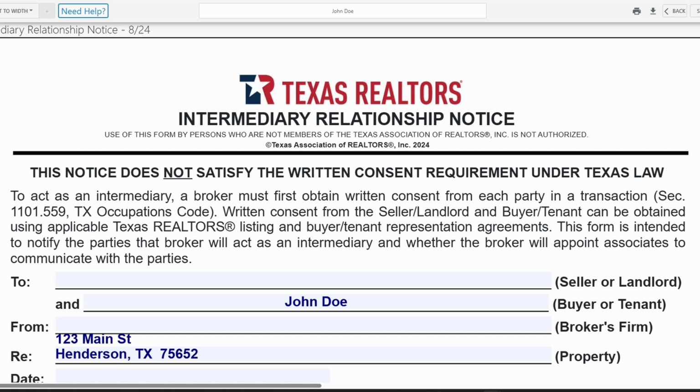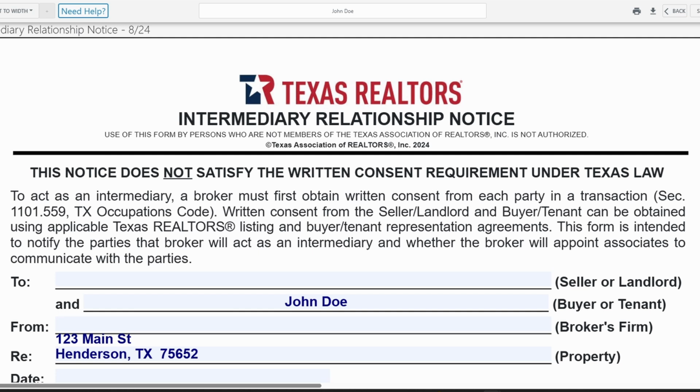The lowest price the seller will take, the highest price the buyer will pay, motivation, urgency. They need to get out, they've got to sell, they want to move quick. And we can't really even advise on any negotiating strategies. So filling out the form and the type of intermediary relationship that you enter into can affect the transaction.